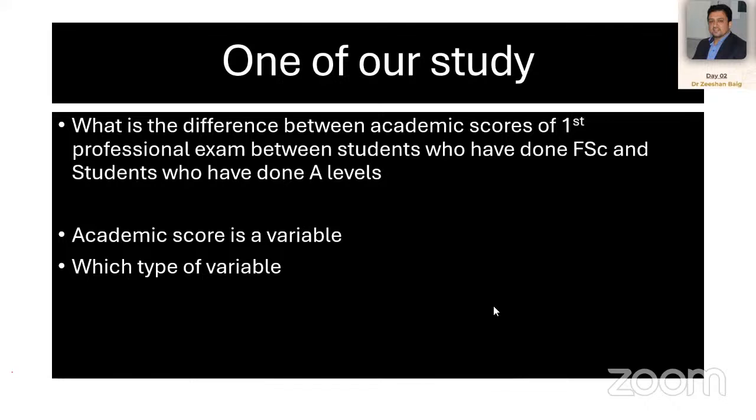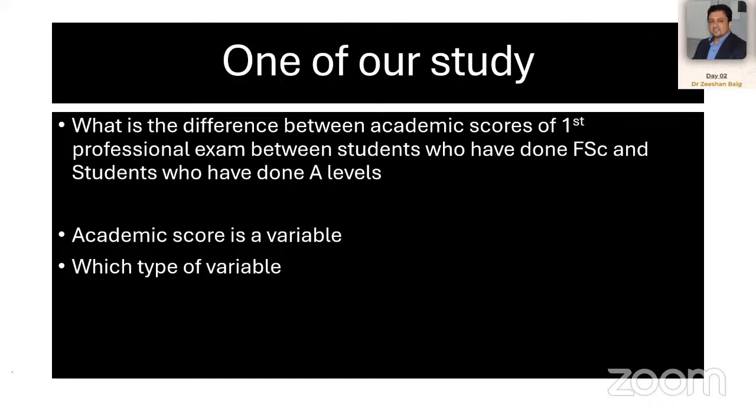हम लोग एक ही मेडिकल कॉलेज में आ गए, फर्स्ट ईयर एमबीबीएस में सारे लोग एक ही क्लास में आ गए। सारे लोगों में से कुछ लोगों ने ए लेवल्स किया हुआ है, कुछ लोगों ने एफएससी की हुई है। जब फर्स्ट प्रॉफ का स्कोर आया तो पता चला कि किसी का स्कोर बेटर आया, किसी का स्कोर नहीं आया। क्या इससे फर्क पड़ता है कि व्हाट इज देयर एकेडमिक बैकग्राउंड फ्रॉम विच दे आर कमिंग? एकेडमिक स्कोर इज अ वेरिएबल,